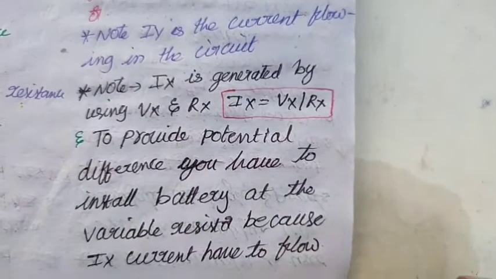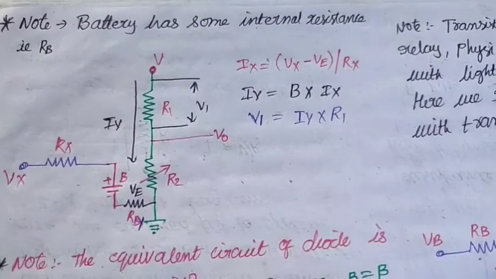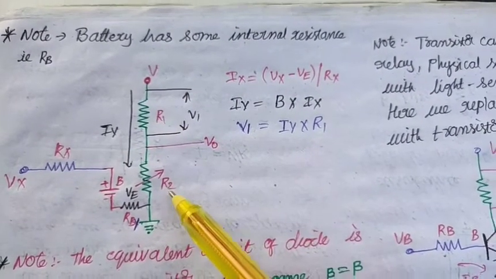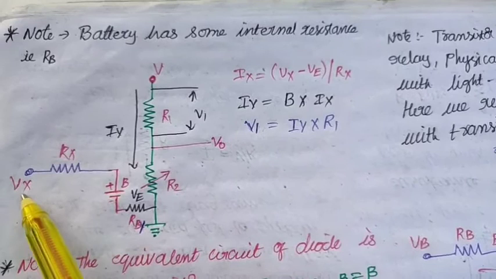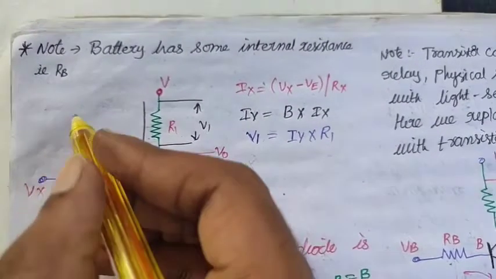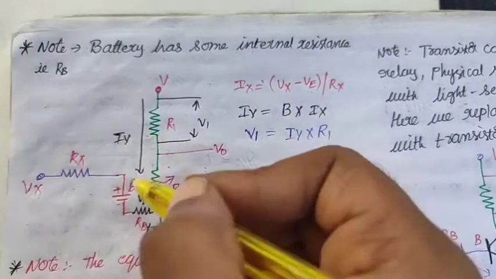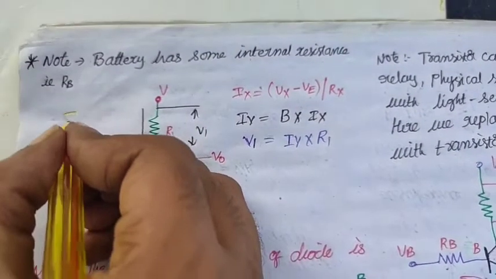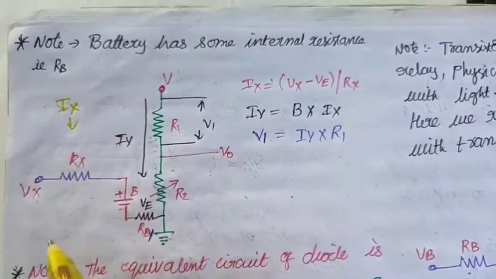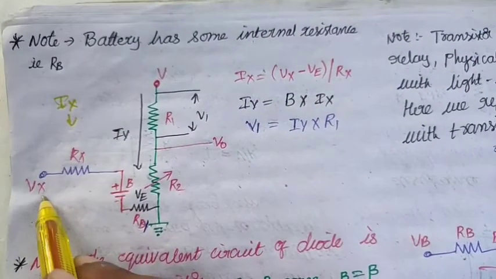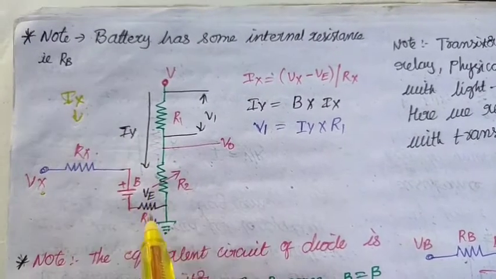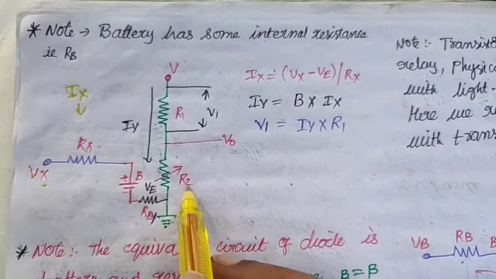Okay, in this way. We already know resistor 1 and resistor 2. Why have I kept voltage source Vx and resistor Rx? I already said I have to control the variable resistor with Ix current. To produce this Ix current, I want voltage source Vx and resistor Rx to control the Ix current, which is going to the resistor R2.